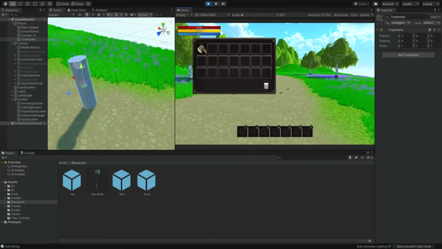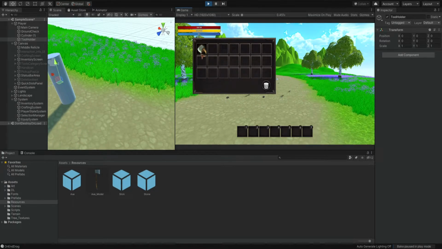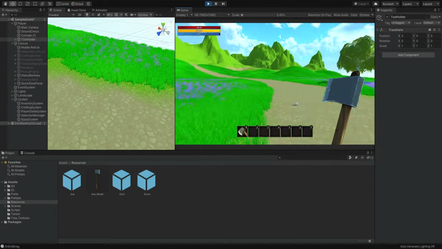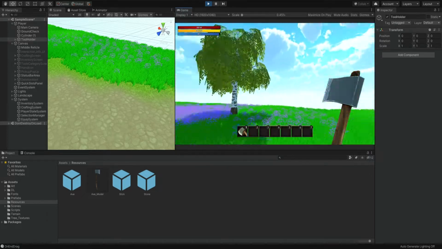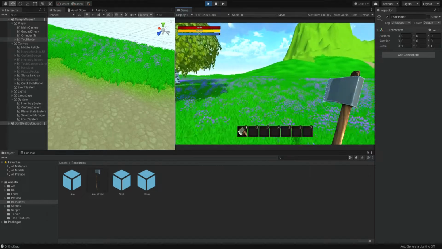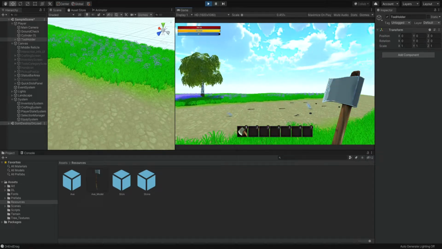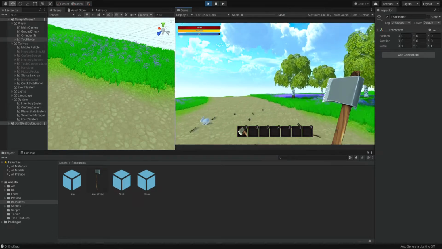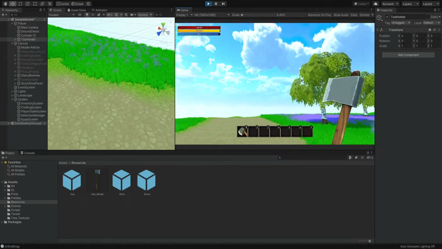So now I'm simply going to drag the axe into this first quick slot, and then I'm going to press on 1, and we can see that this axe was instantiated inside our hand. So now we can close our menu and we can walk around. Okay, so that's nice. We have our axe. And of course, now if I press on 1 again, it will keep the axe in my hand because we did not take care of that. But we have this axe in our hand, okay?